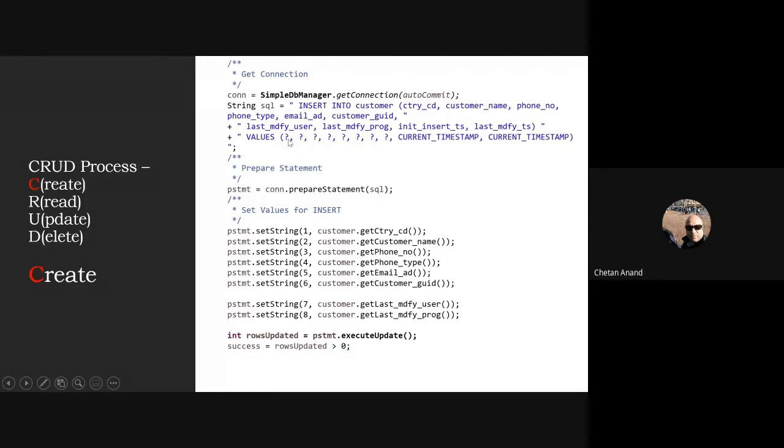So in the same sequence, you will have to specify one which goes here, which in turn goes to the country code. Like that, you will have to specify every single column which you are going to insert into the database. And whenever you do any delete or update or insert, the